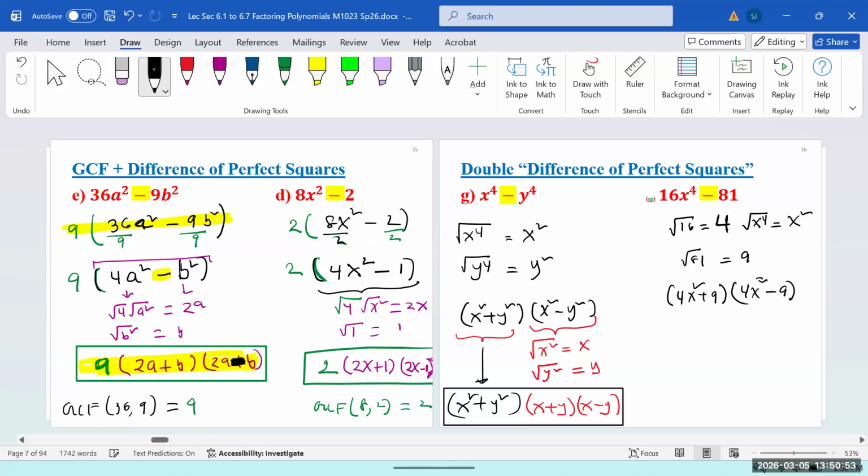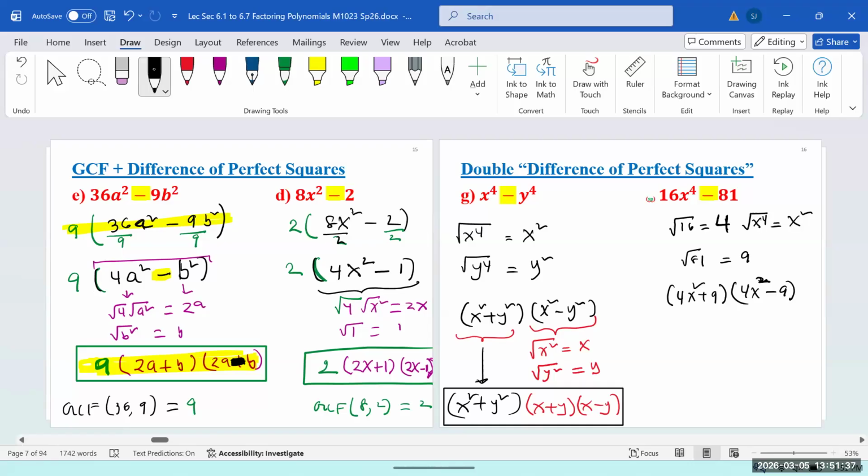4x squared minus 9. Now is 4 a perfect square? Is 9 a perfect square? 9 is a perfect square, 3 squared is 9. Justin? So why on the first problem did you have to do x squared plus y squared? Why can't we put x squared plus y squared and then try to see x squared minus y squared? We did that here. We cannot just leave it like that. Anytime something is factorable, you must factor. So we factored once and then we realized, oh, this is factorable. So we factor it more.